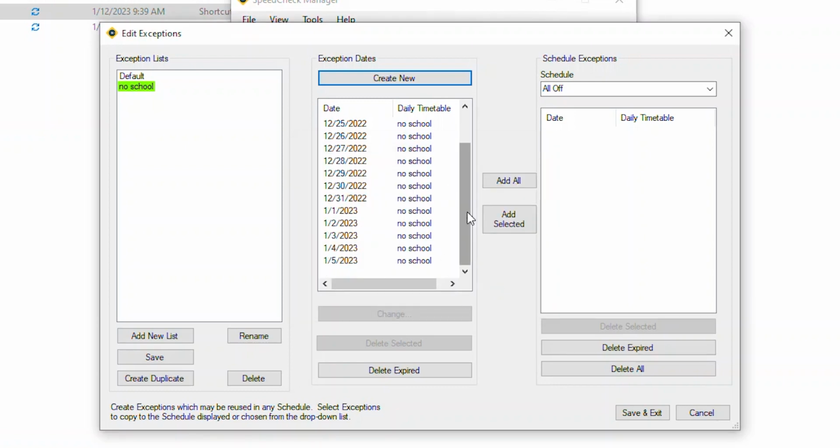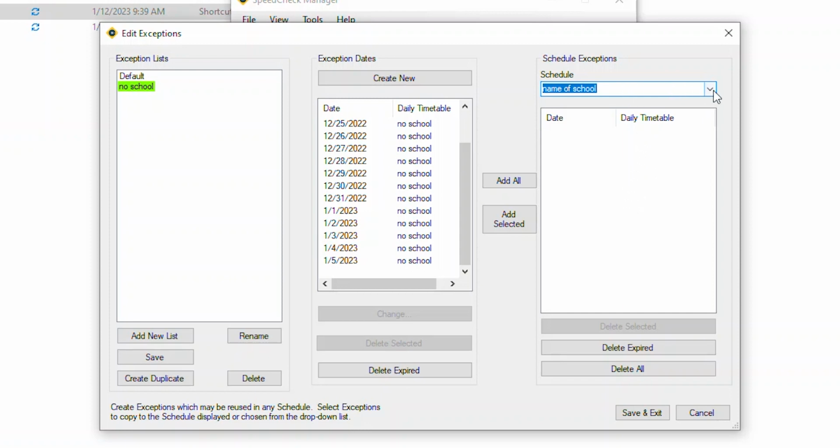Once you have all of your dates in for that type of exception list, for when there's no school, over in this last column, you want to select the schedule that you're putting these exceptions onto. This part's really important. So you want, in this case, the name of school. If you don't choose the schedule that you want to add it to, then you're going to be putting it on a schedule that you're not using, and when you send your school schedule to the sign, it's not going to have any of your exceptions in there.